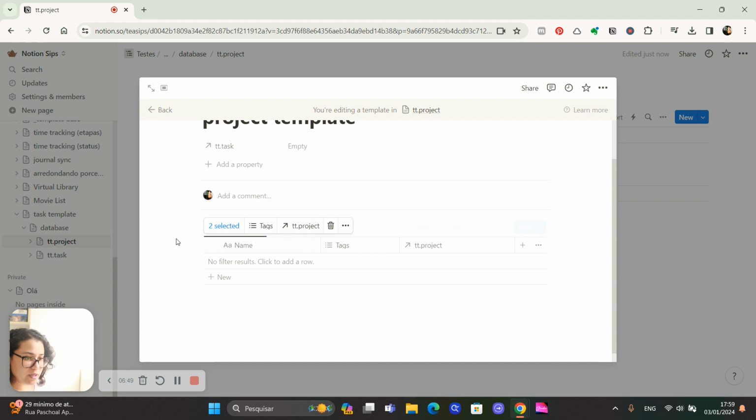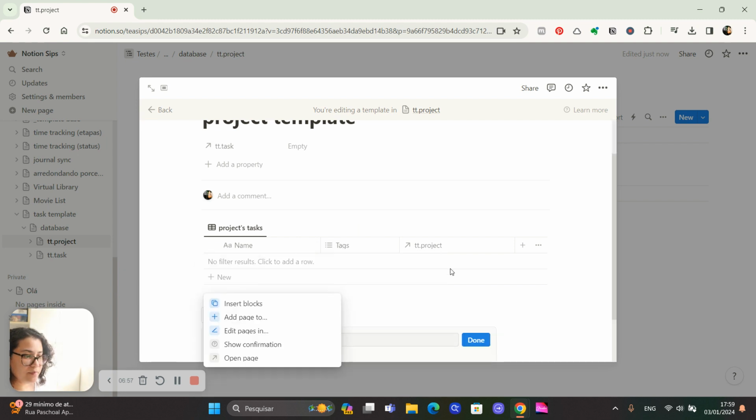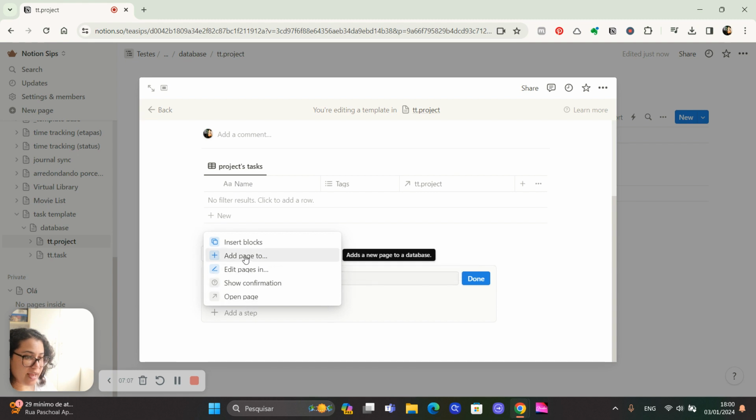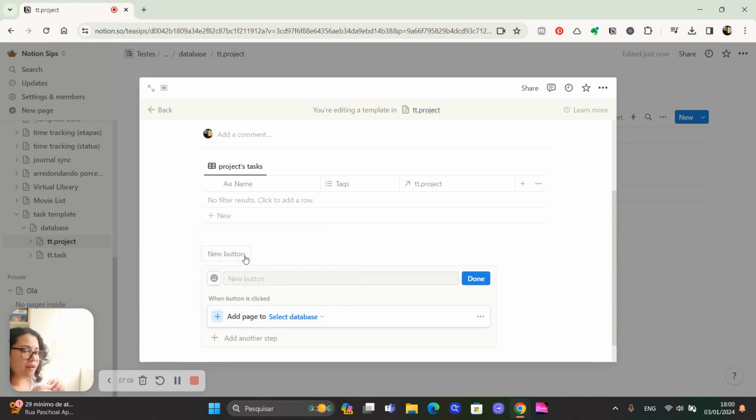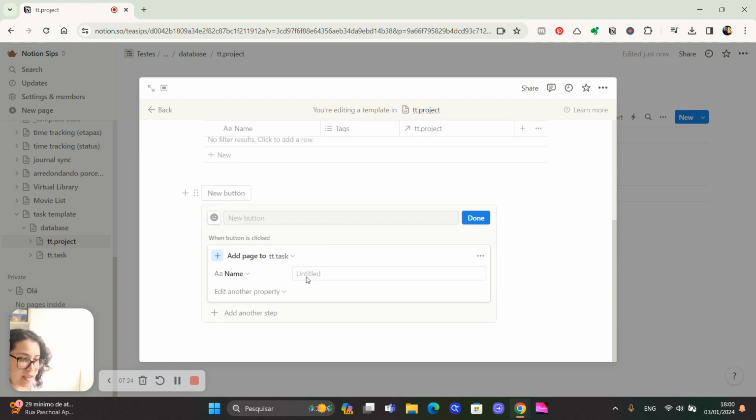Okay, so what we're gonna do is we're gonna create a button. And buttons are really cool. You click them and they do stuff automatically. So you're gonna create a new button. You're gonna add a step, and you're gonna add a page too. So every line in a database is also a page, and every page in a database is also a line. So you're gonna add a line or a page or a new task in tasks, and you're gonna name here